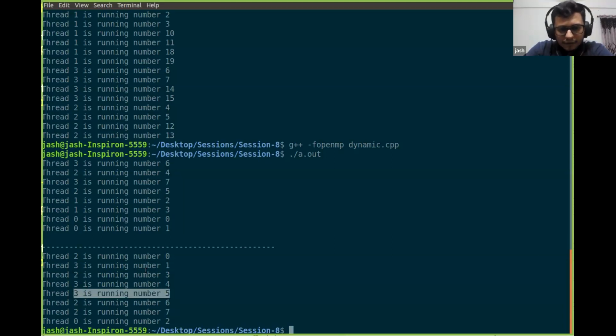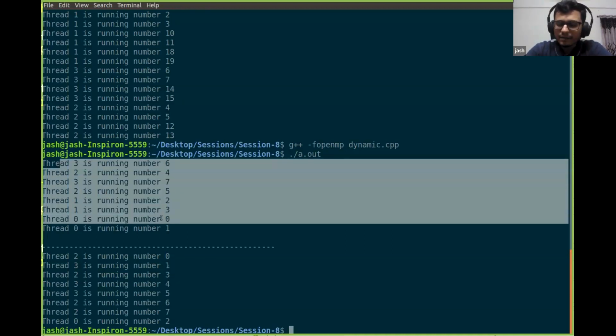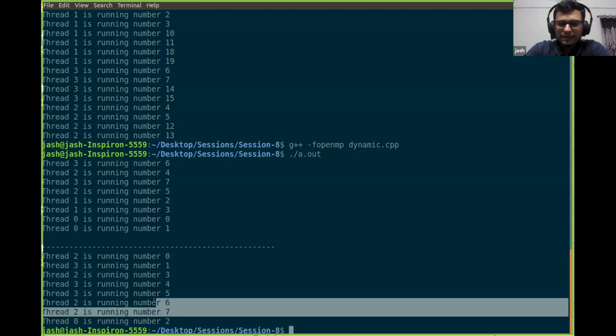But the point to note here is that this is still better than assigning in a static manner, right? Because the iterations might be more balanced here, based on the availability of the threads. So it will happen that the most expensive ones at least won't be assigned to the same thread, because the most expensive ones will take more time, right?